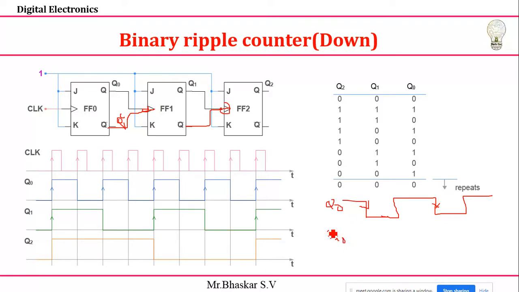Q naught bar means here it is down; it is 0, next it is 1, next it is 0, next it is 1, next it is 0. For this falling edge, exactly the opposite way, you can connect and the circuit will work. But you should remember, if you connected this one you can do. But normally if they're asking for an explanation, you do this to remove these bubbles and you do this one only, and easily you'll get the answer.